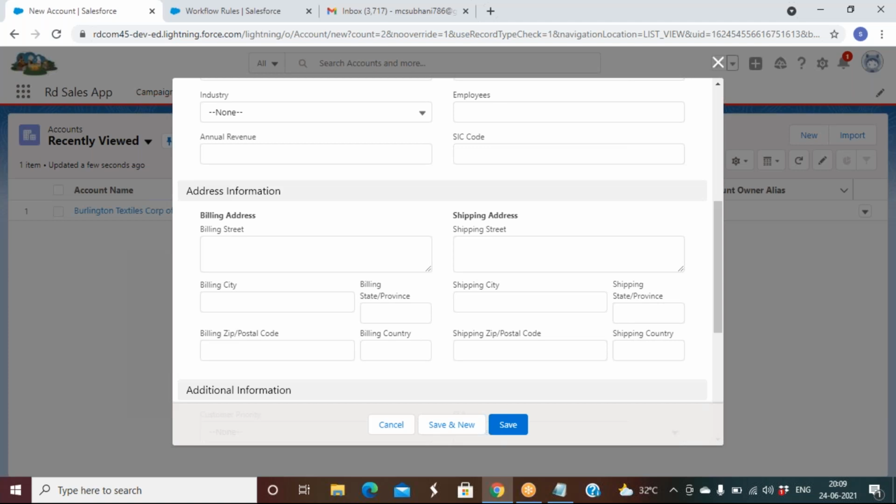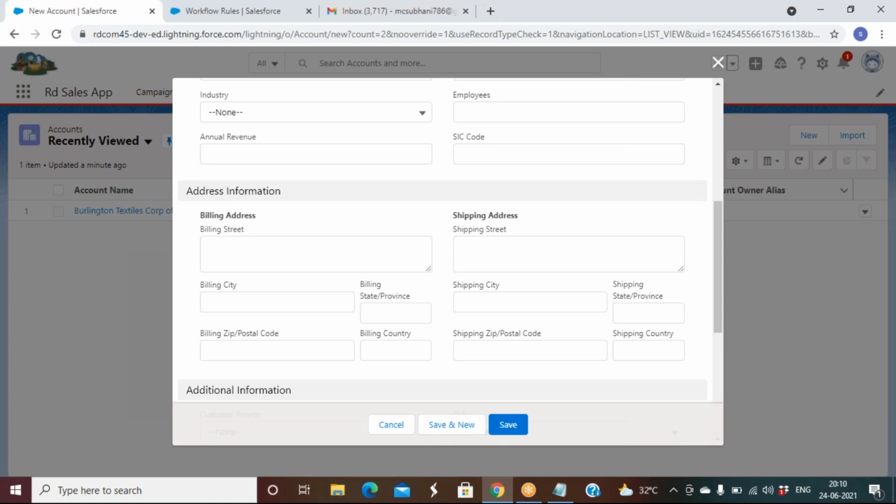We are not putting a cross question saying what if both are different, then no need to write the workflow. So we are assuming that both addresses are the same. The idea behind writing a workflow is, if both addresses are the same, why spend time re-entering the details again? The user has entered the billing address, so why waste his time entering the same data in the shipping address? That's why they are expecting some automation.